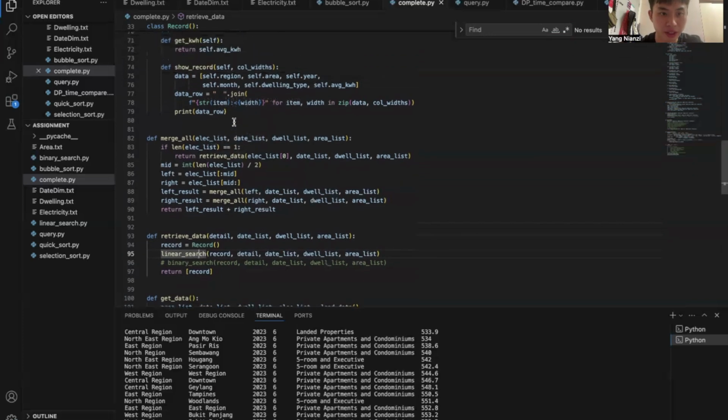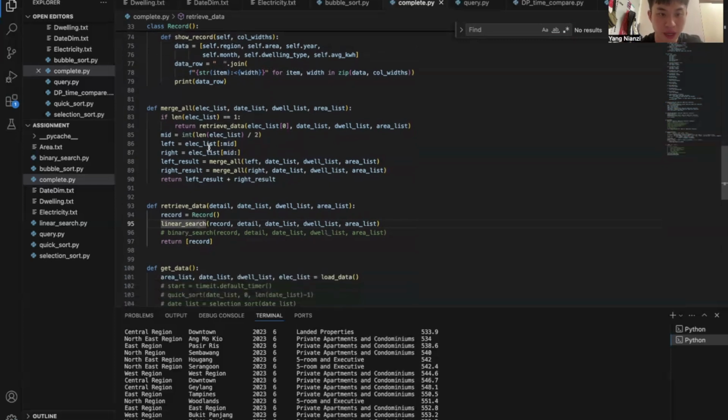In this divide and conquer process, each recursive process divides the electricity list into two parts equally, until the sublist only has one record, then we pass this one record into a retrieve data function. And there are also other arguments like data list, dwell list, and area list passed to it in order to get related information. In this retrieve data function, we search related information according to the area ID, data ID, and the dwell type ID